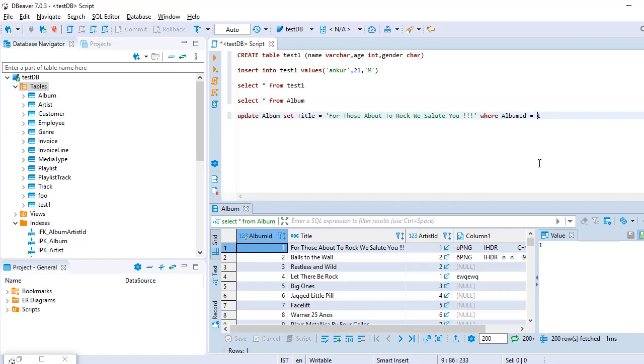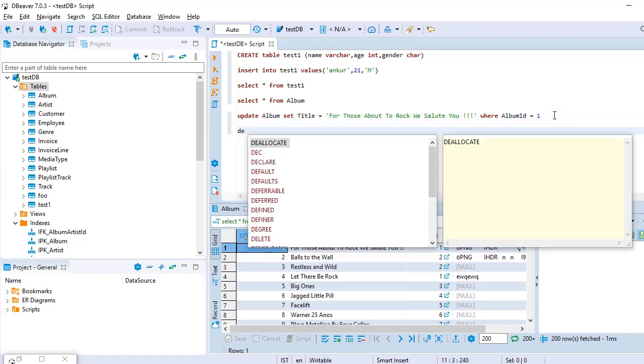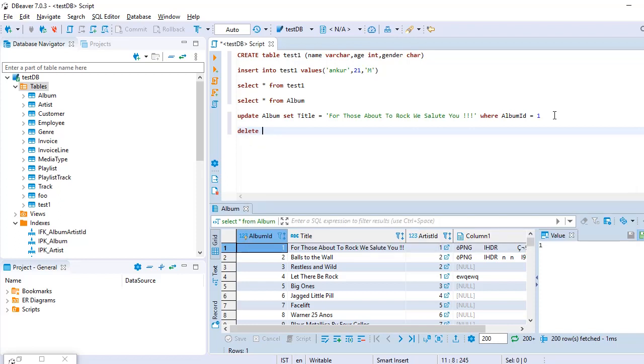If I want to delete an existing record from the database or from any table, we can use the delete command. We can use delete and the table name. In this way we can delete the whole table, but if I want to delete just a row, then we can use the where clause.